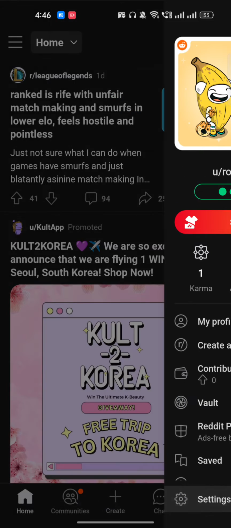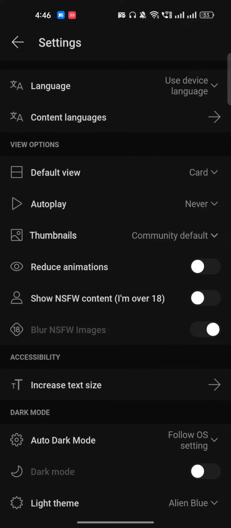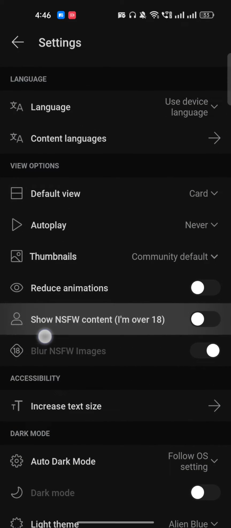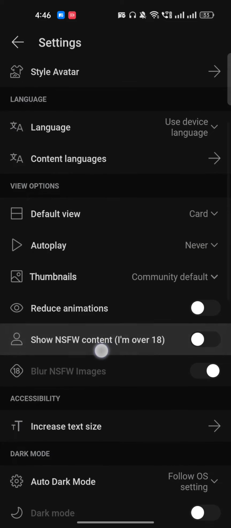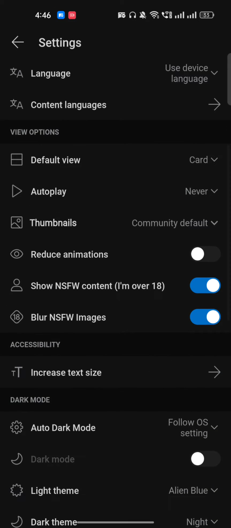in the bottom, right? So here in the settings, if you just scroll a little bit down, here you can see Show NSFW content. If you want to turn it off, then it will be like this, don't do anything. But if you want to turn it on, then just click on this, and once it is on, here you will get